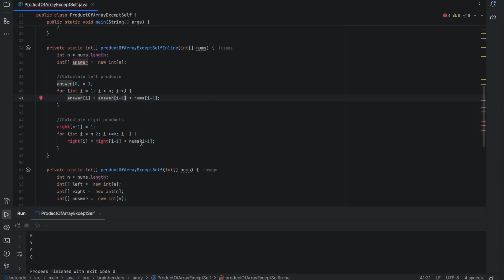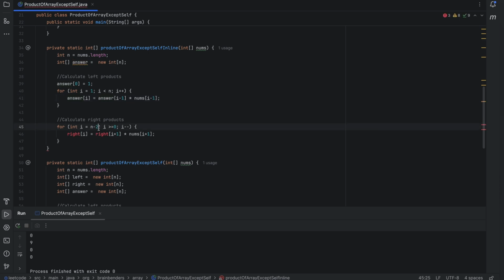And then for the right, again, what I will do this time is use my same answer array, but this time I would like to consider all the right elements, correct? So it simply means I have to start from the back, and then it should be greater than or equal to 0. That's right. And then over here, sorry, this is my answer array. What I'm trying to say is, answer[i] should be equal to whatever answer I already contain multiplied by the current